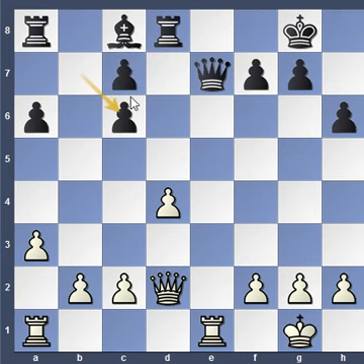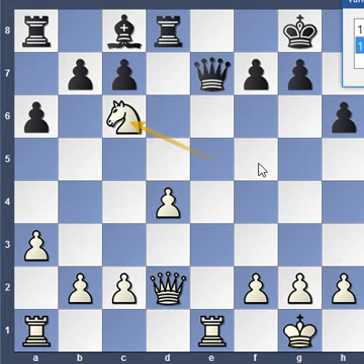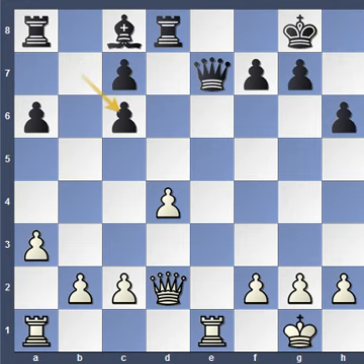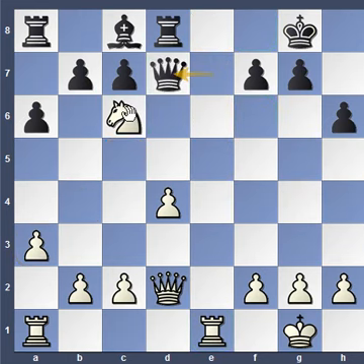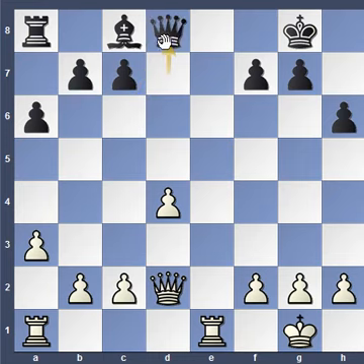Here the knight is not protected, but still he cannot capture it because we will capture the queen. So he has to retreat the queen first. He will move the queen to a safe square, then we will simply capture the rook with our knight. Because the rook is bigger than the knight, we don't mind losing the knight for a rook because we are winning the exchange. So this is the basic idea of discovered check and discovered attack.